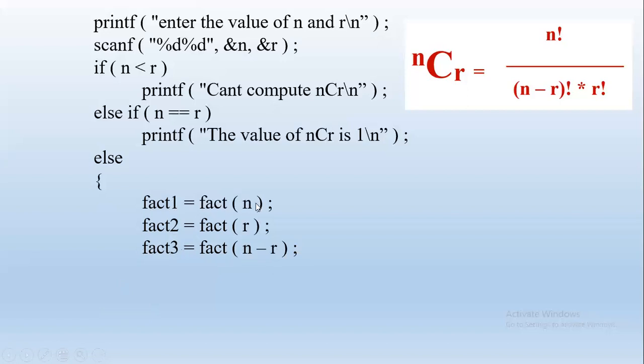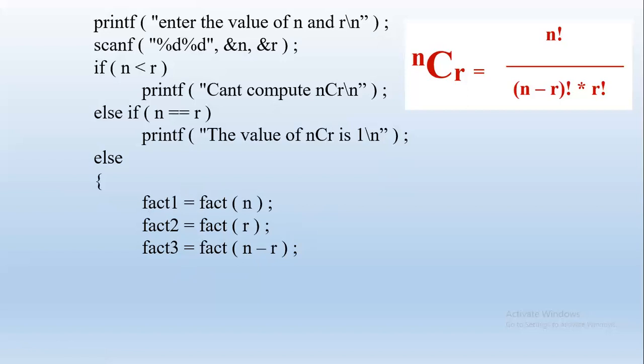So fact 1 is n factorial. Fact 2 is r factorial. Fact 3 is n minus r factorial. So we got all the required values. We will substitute them. Note that when you see this, we just have 3 lines. Instead of repeating the same code, instead of having 9 or 10 lines, we have reduced it to only 3 lines. So when we are calling this, say in applications, 100 times, the length of the code reduces considerably. So we are going to reduce it to a much greater extent.